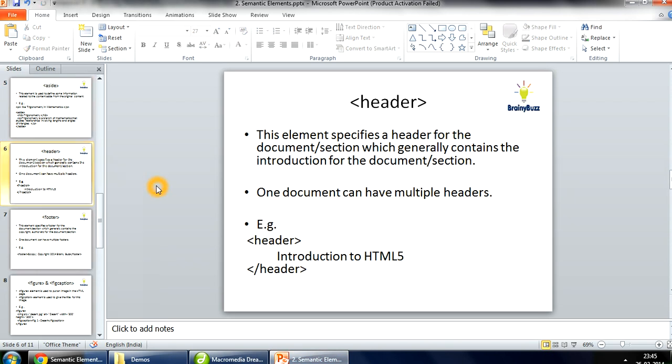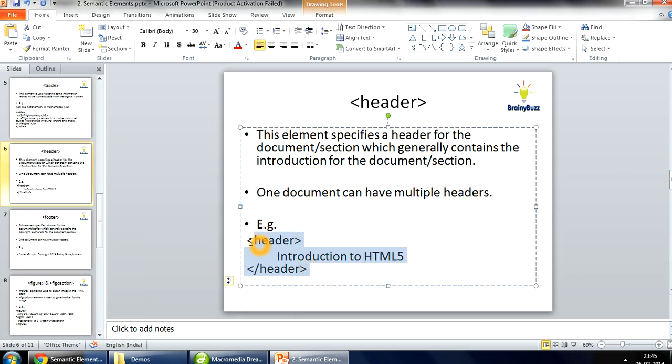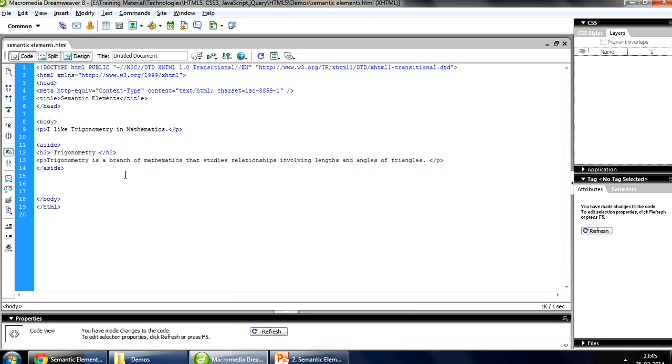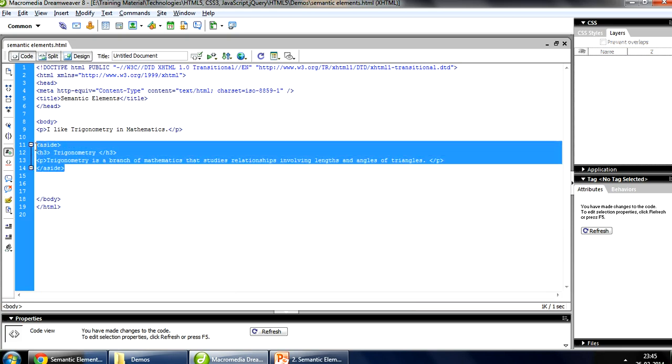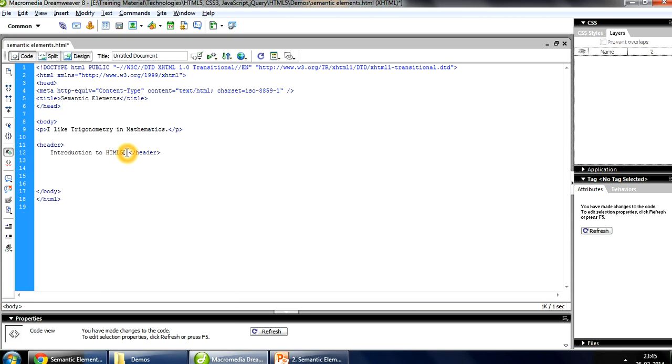After that we have a header. Header basically specifies the introduction of the document or a web page or a section. You can have multiple header sections in your HTML5. Like over here you can put the header, and in this you can write a paragraph.